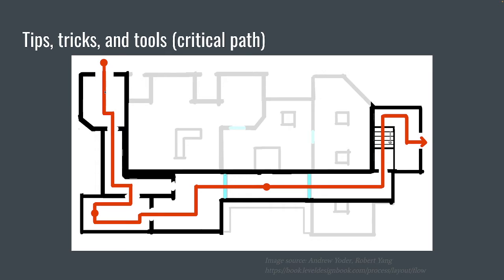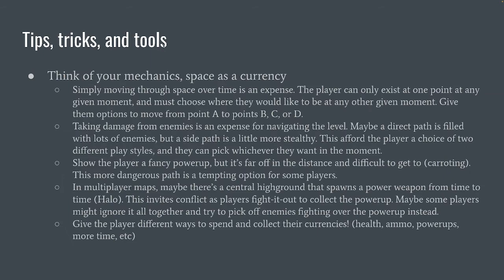This critical path, again, is literally what the player must do to get through your gameplay sequence. There's no question around that. And I'm terribly sorry, this slide is really long, but I'll try and condense it down. What has helped me is to think of my space or my gameplay mechanics as a currency. And this goes back to giving the player interesting choices. If you think about it, in the context of a competitive shooter,